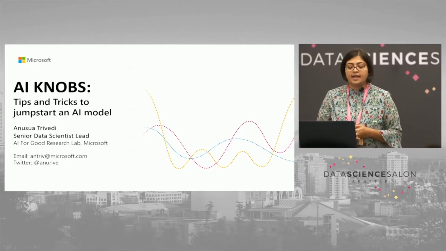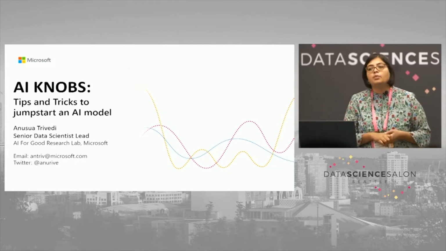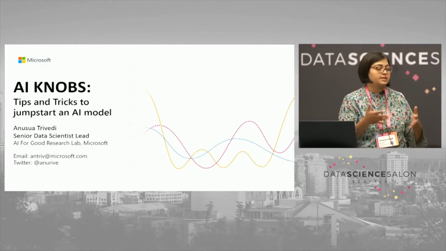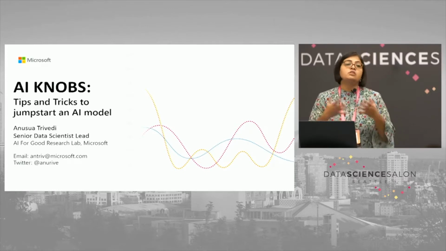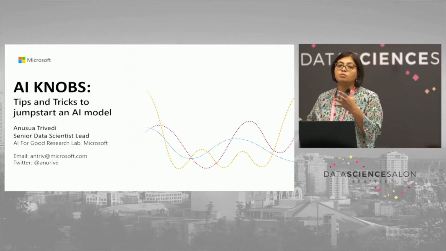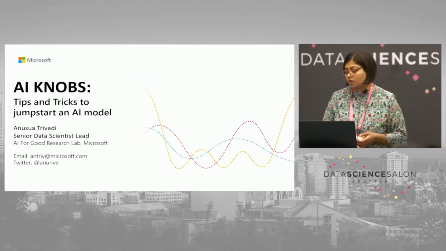My talk today is on the AI knobs, specifically what are the things that we keep in mind when we are adjusting these algorithms for very specific fields. There are some generic rules you need to use when you are trying to move one set of algorithms to another one, and that applies across all verticals.